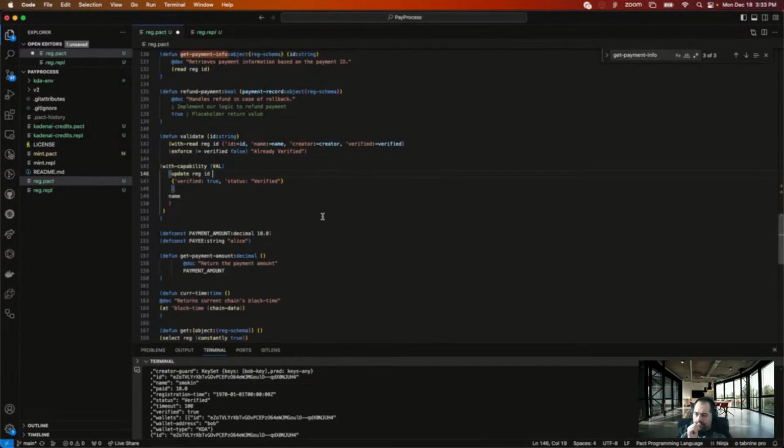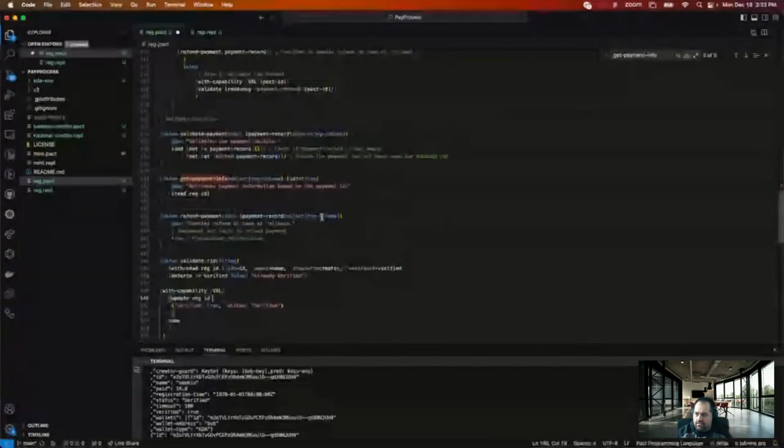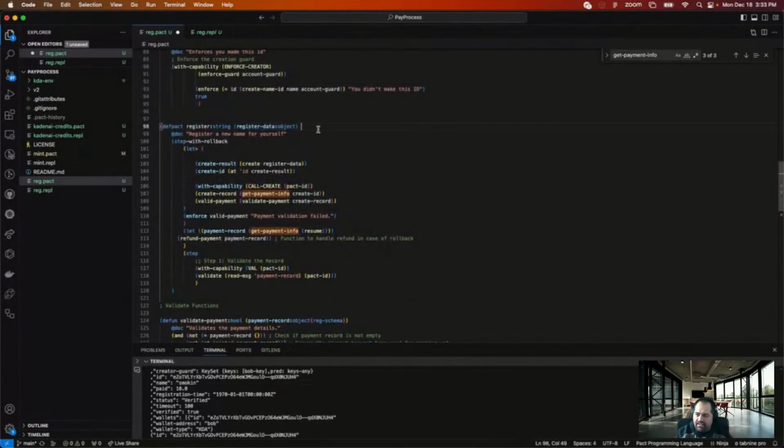I just don't like it right now, and rather than try to shoehorn everything in, I think I'm going to make a couple extra, not helper functions, but some way to simplify, because there's a lot of data in here, and I don't want to type it all out. I like just having it in EMV data, or as JSON data, and just passing it that way. So when you do your function, you're like register, and then read message, register data, for example. It's just how I prefer doing it.